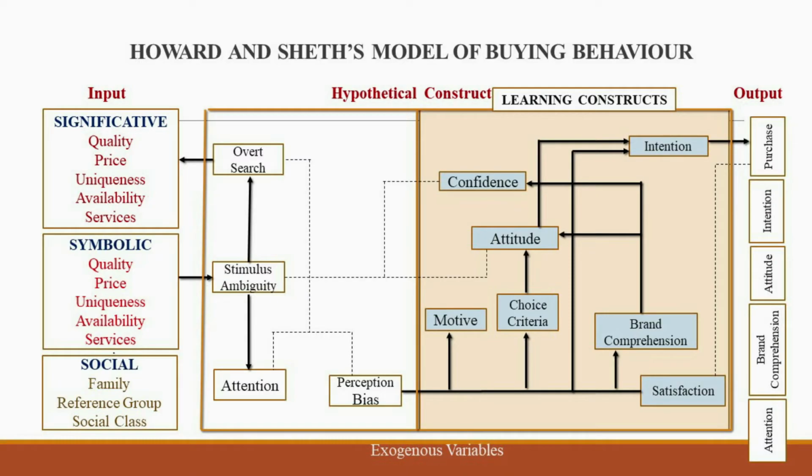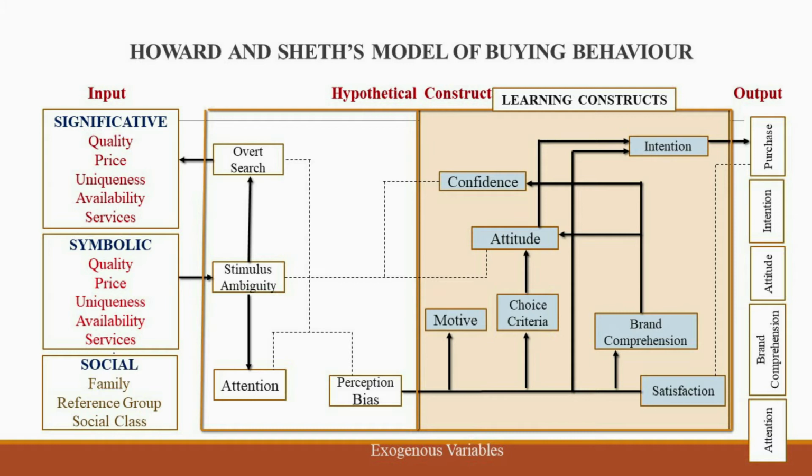From the model, it is very clear that the variables start from motive and end with intention. Motive is the buying motive and it is the basis of all buying actions. As explained in the example, we have some motives behind the purchase of two-wheeler. In addition to motive, we have some choice criteria also. Choice criteria is based on various features of the product. It may vary from person to person according to the perception bias.